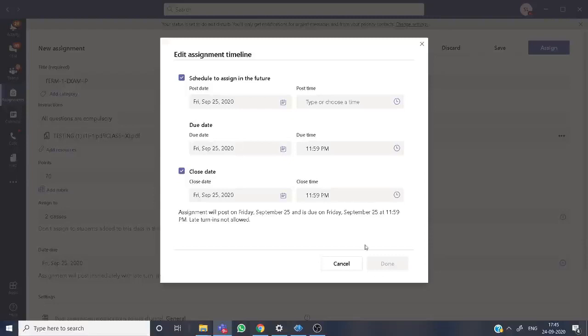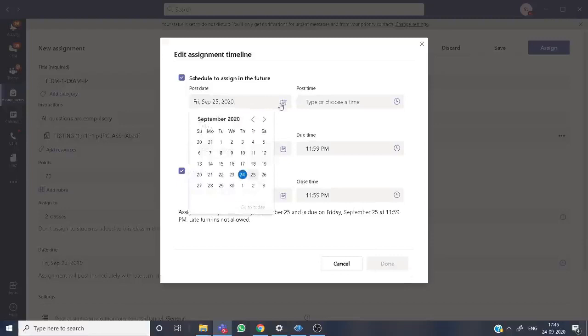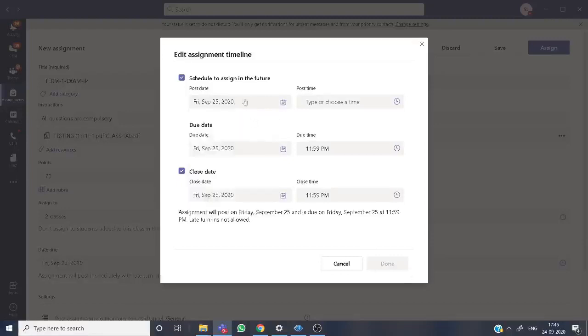So suppose tomorrow is the exam, on the 25th. From this calendar option on the right hand side, you can change the date accordingly. By default it is showing 25th. Now as I told you, I'm taking timings of 9 to 11, 6 to 8, and accordingly you can enter. So for subjective the post time is 8:55 a.m. Take care of AM and PM. And due time is 12:15 p.m. Take care of that, again I am saying.